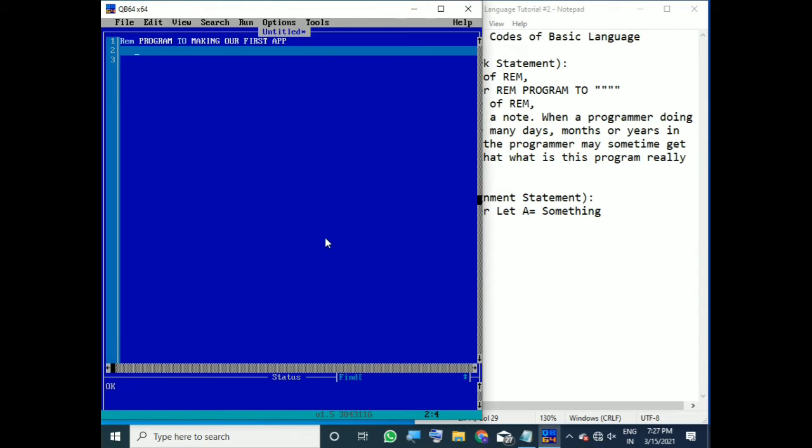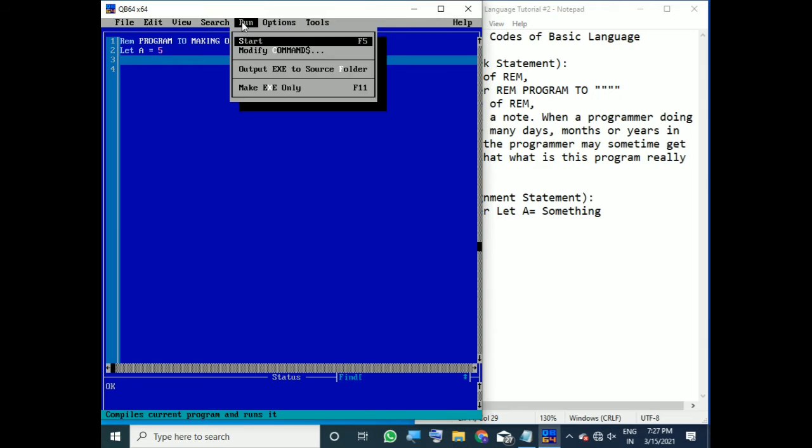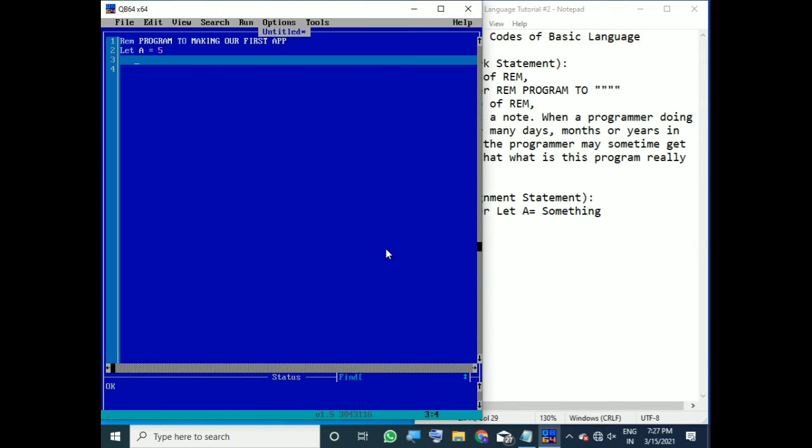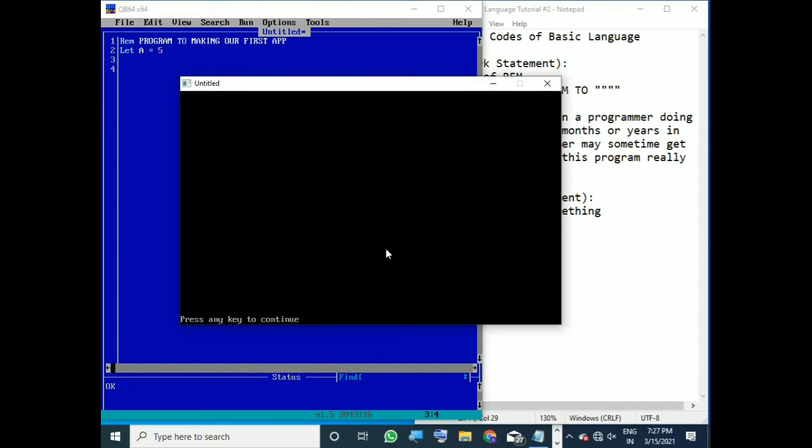So let's write here let a equals to, suppose, 5, and then press enter and then start. Then if I run my application, nothing will be shown, because I have given nothing to show.